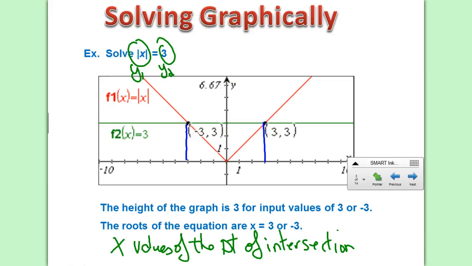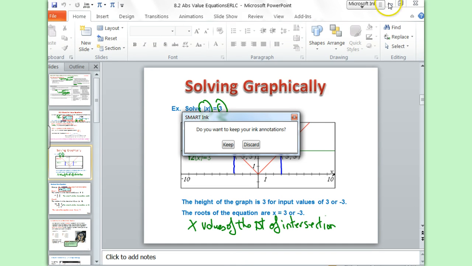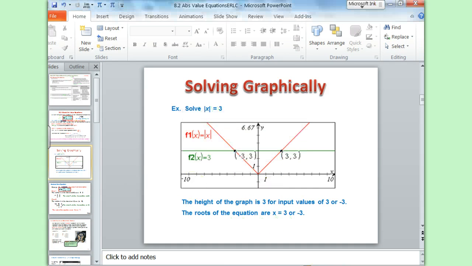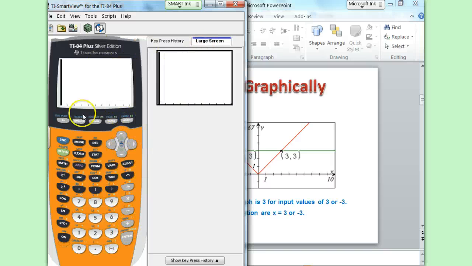I want to show you another way that you could use your graphing calculator. So if I just end this show and I go to my graphing calculator for a second. We'll discard those, and we look at my graphing calculator and we say, hey, what if I was to graph, and notice what I did here. If you look at the equation that I have in my calculator, the absolute value of x minus 3. If I graph that one on my graphing calculator, and now I hit graph,